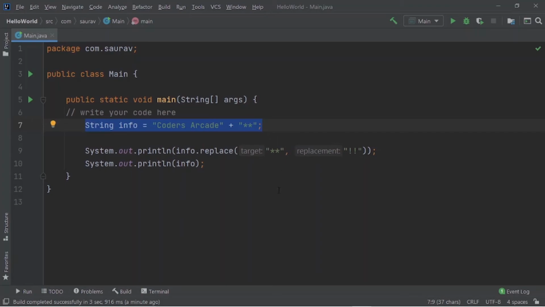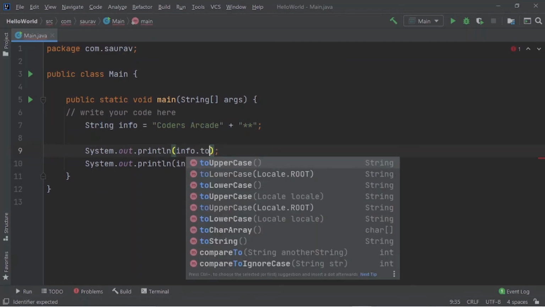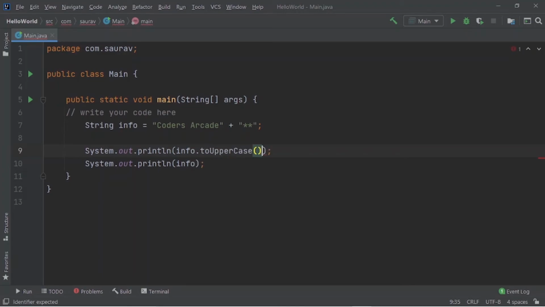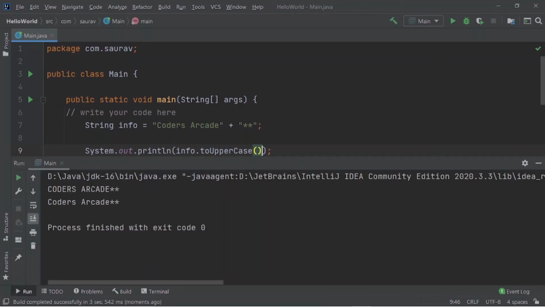Now, we have many more methods which I want to show here. Let me delete this, and here we have toUpperCase. ToUpperCase means all the characters will be converted to uppercase. Let me run this. Here you can see this is the new string Coder Circuit, all caps, and this was the earlier string Coder Circuit, camel case, where the first letter of each word is capital.